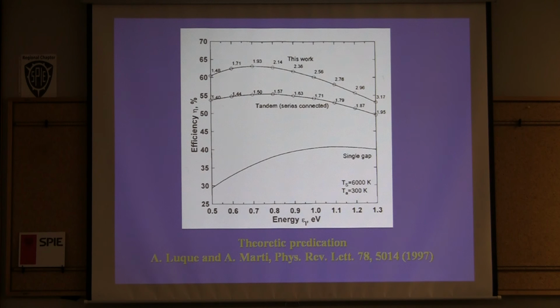That's a theoretical calculation: if we want to get a certain efficiency, how many junctions you have to use, if we use more,